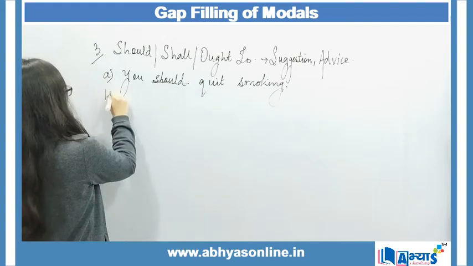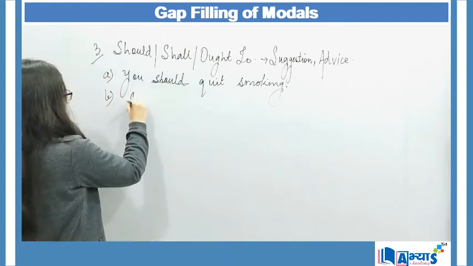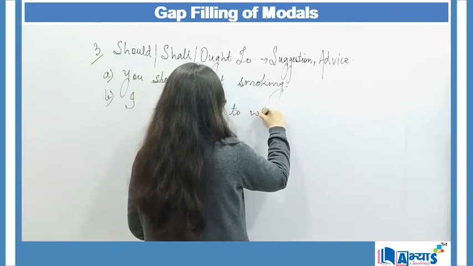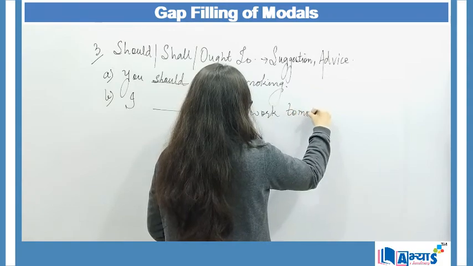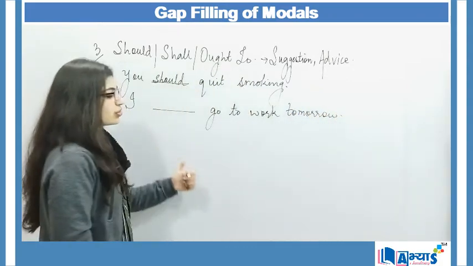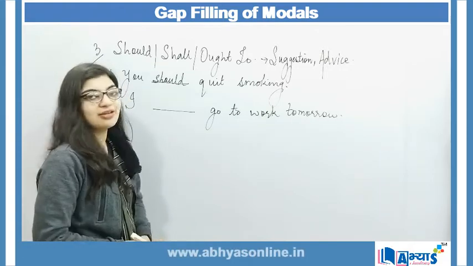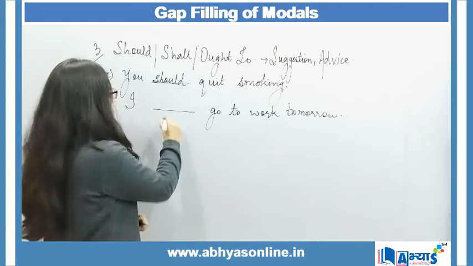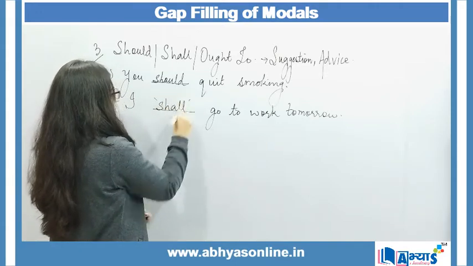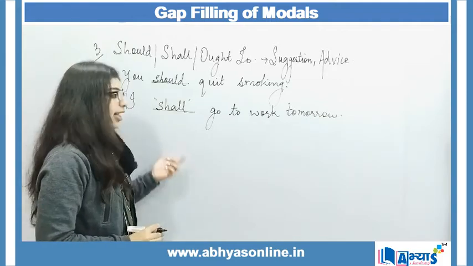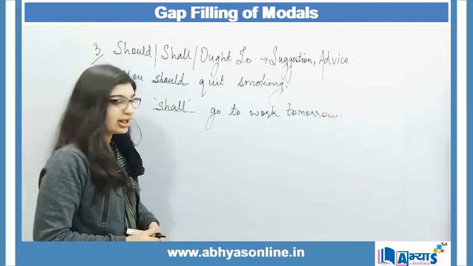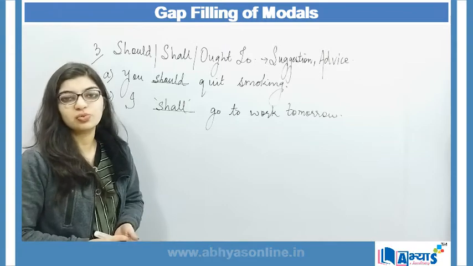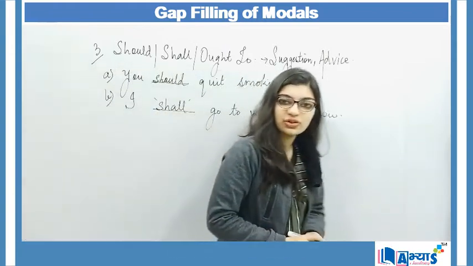The next example over here can be I dash go to work tomorrow. Here I am just talking to myself, and instead of using should, I should go to work, I can say that I shall go to work tomorrow. So I shall over here will be the best suited modal. I can go to work tomorrow, again it will change the meaning. I will go to work tomorrow. Yes, out of shall or will, if it is will, I will say I will go to work tomorrow. That is also the correct formation of sentence.